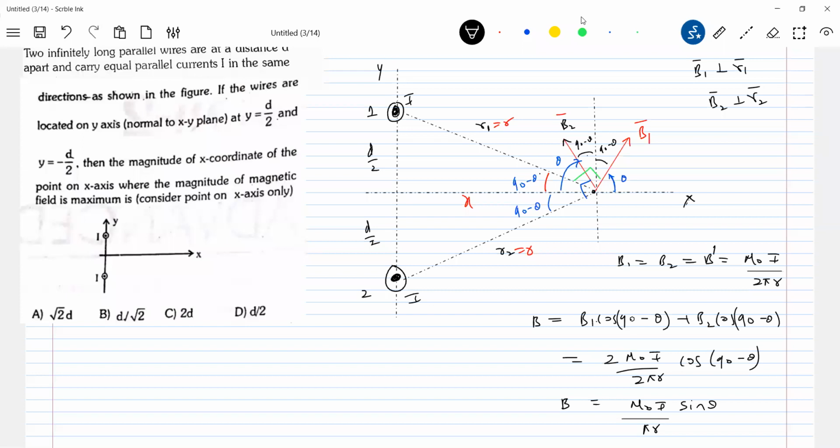Now write down what is sine theta. Bring x into the picture, then differentiate dB by dx. This will be theta, no? So sine theta will be x by root of d square by 4 plus x square. Substitute that here and solve the equation. So this will be B is equal to mu naught I by pi r, x by